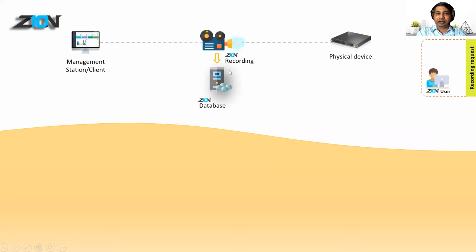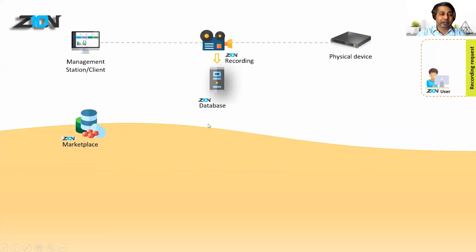Okay. Now, the Xeon recording engine forwards that request to the physical device, and once the physical device responds back, it is also storing the response in the Xeon database and then forwarding it back to the management client. In doing so, the Xeon recording engine is able to capture the request and response pair, map it together, and store it in the Xeon database. Once you have all the requests and responses captured, the Xeon database moves that particular device recording onto what we call the Xeon Marketplace.